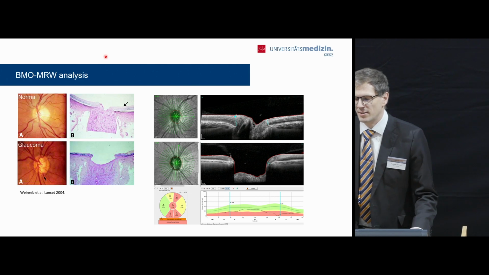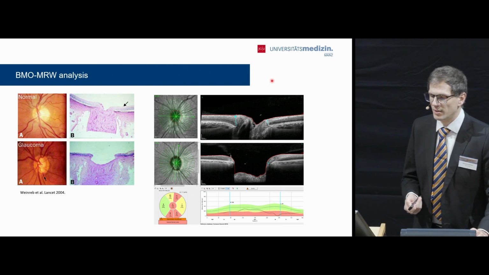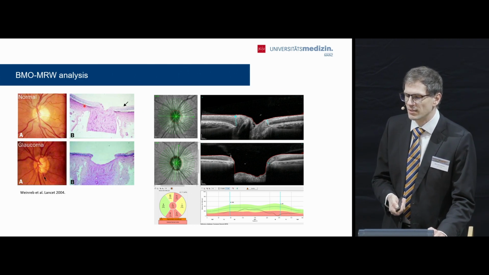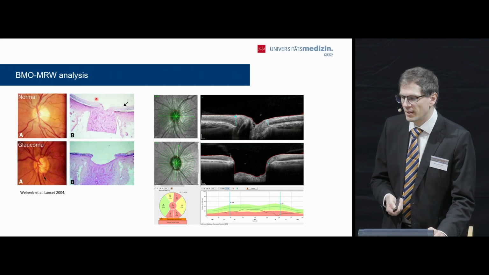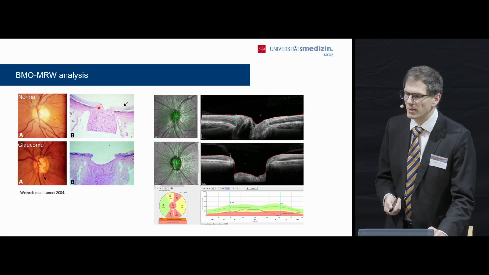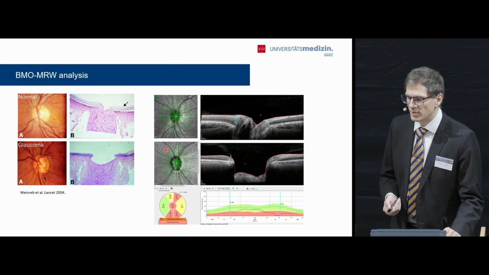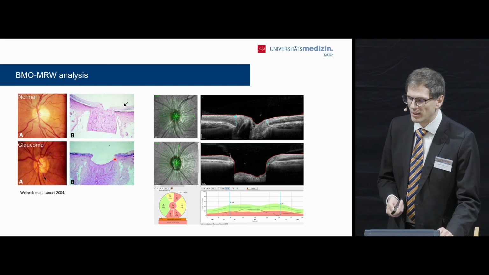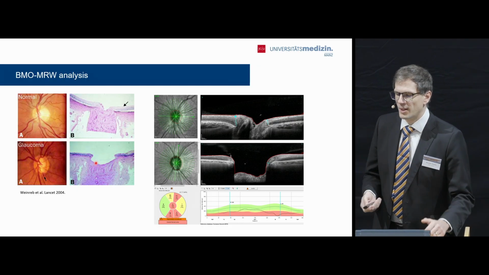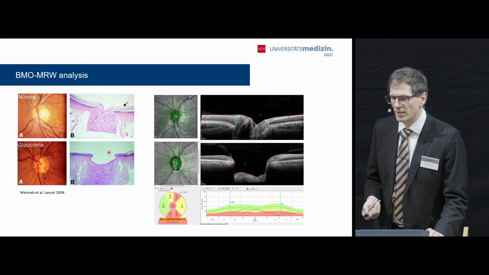On the next slide, you see a cross-section, like over here, and there you can see in histology in a normal eye that we have the axons going down to the lamina cribrosa and then leaving the optic disc, forming a small excavation over here, while in comparison to the eye with glaucoma, you see this sharp edge and the posterior movement of the lamina cribrosa with the NFL and axons missing at this borderline.